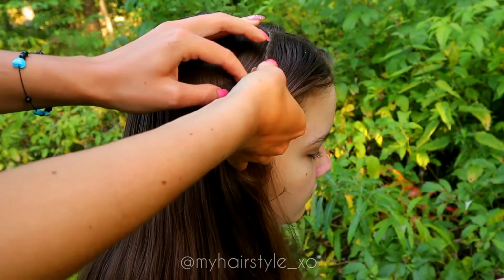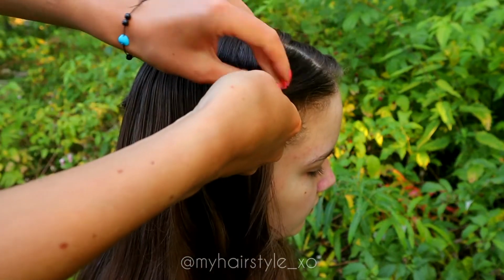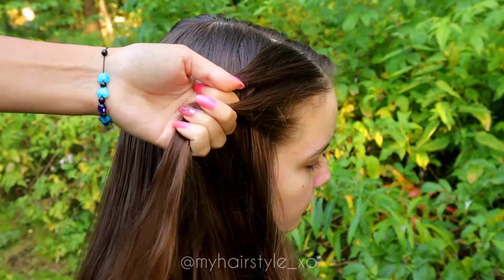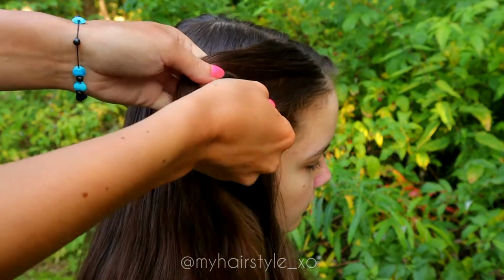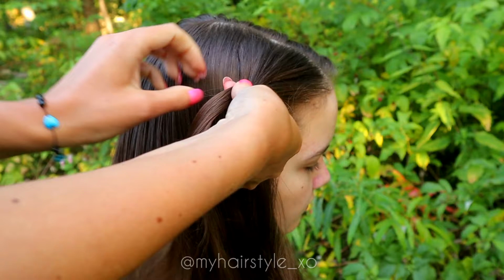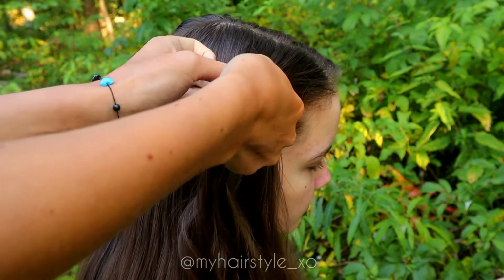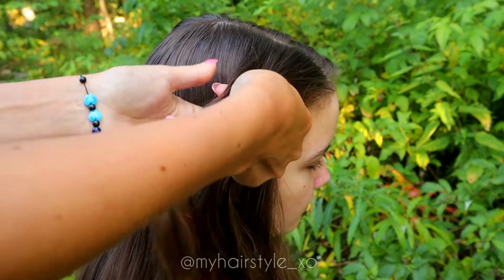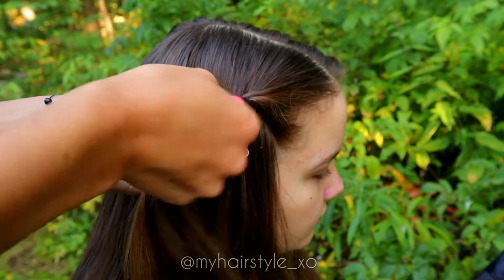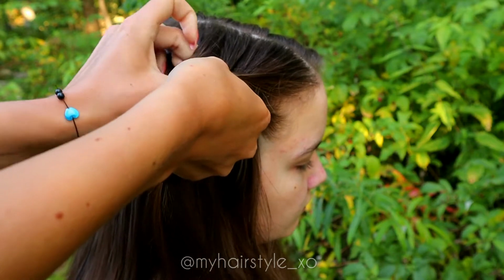Next, I will repeat the same process on the other side. Take some hair from the front, split the piece in 2 and start the braid. Twist downwards, spin upwards. Add hair to the strand above. Twist downwards and spin upwards. Add hair,